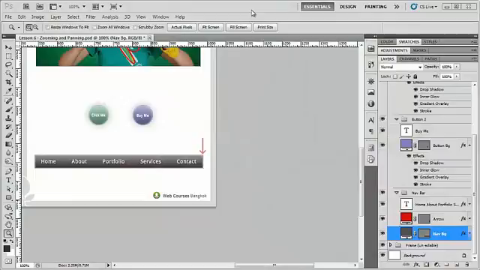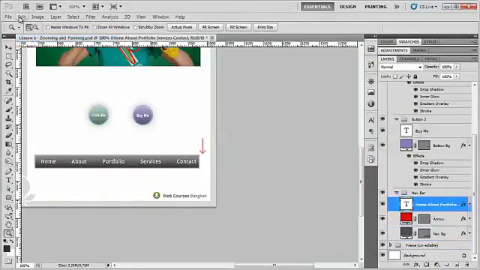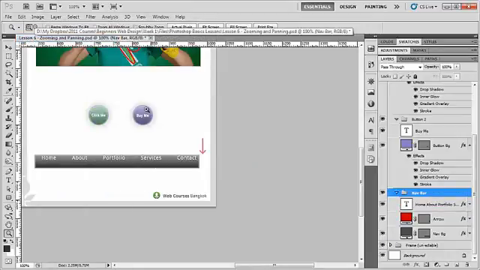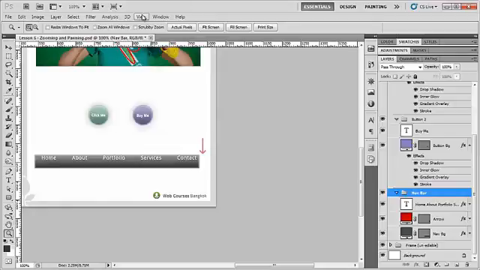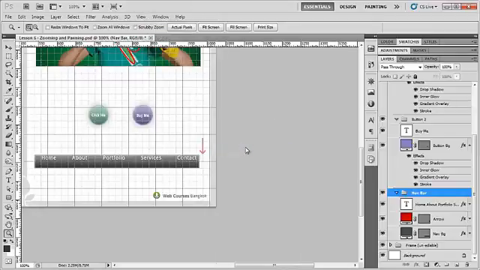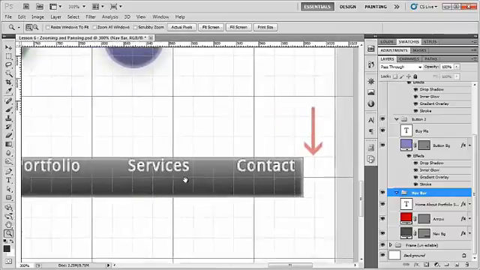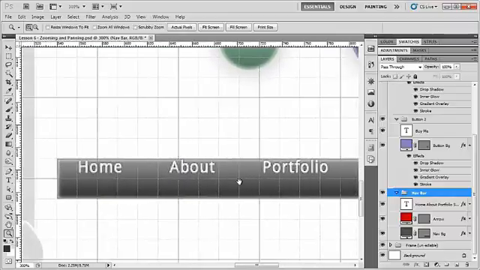So let's just do that one more time. So I'm going to go to Edit, Step Backwards, Edit, Step Backwards. There we go. Now, first of all, I want to see my grid. So I'm going to go to View, Show, and then Grid. And then I'm going to use the Zoom tool by selecting Z, and I'm going to do Control and plus. There we go. Hold down space to move over to the left hand side so I can see the word